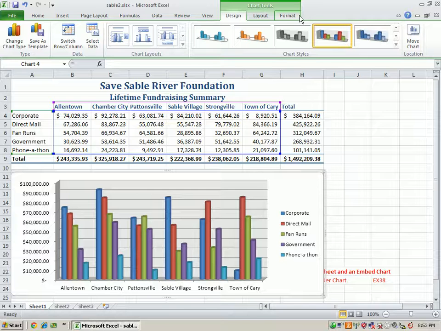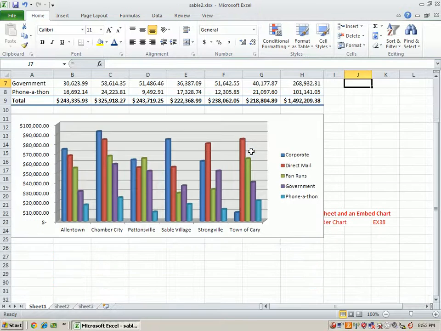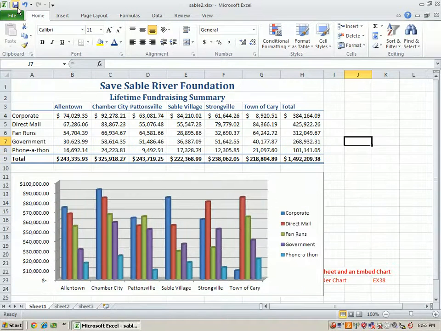That pretty much covers creating the embedded chart. So remember, this would be a good time to save your information. So we're going to click Save, and we'll see you in